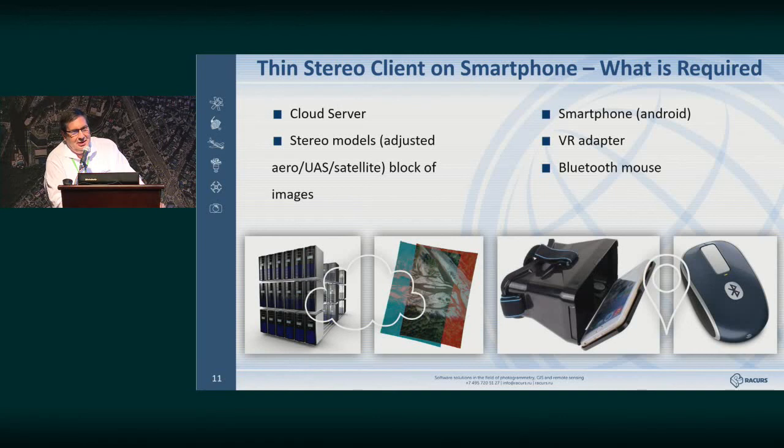Again, what would this system consist of? What do you need to work with stereo glasses? You need a server which has a rectified photogrammetric block. It doesn't matter whether it comes from photomod or not.